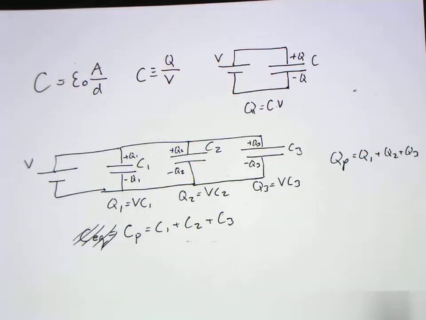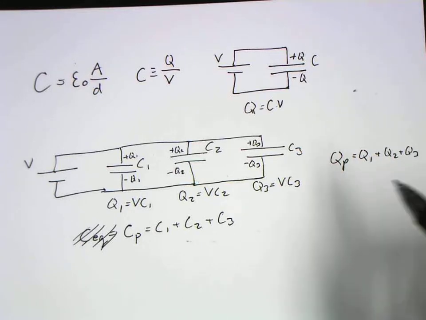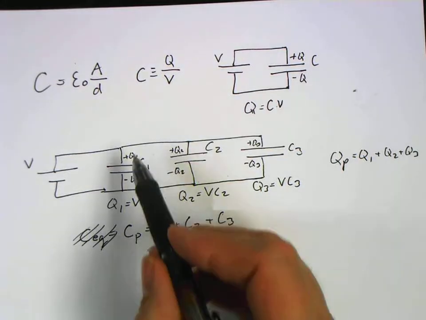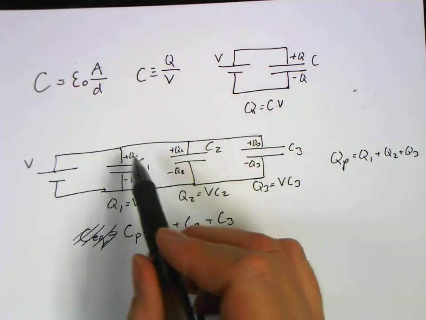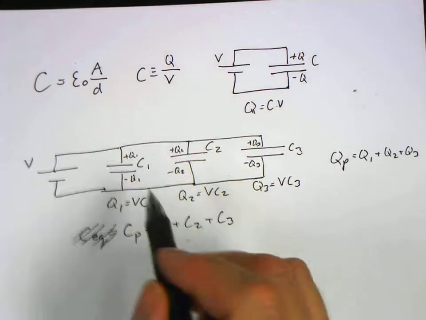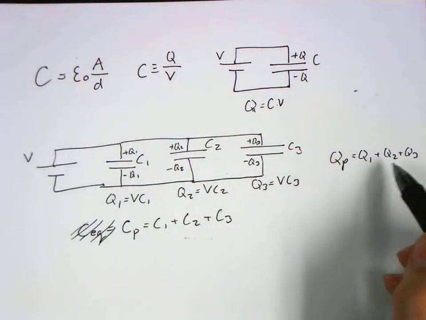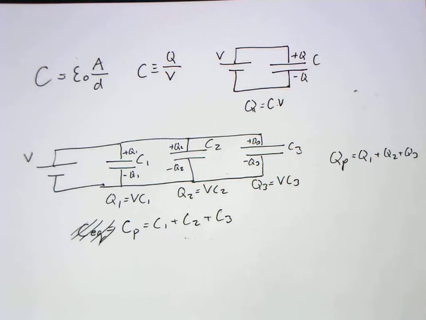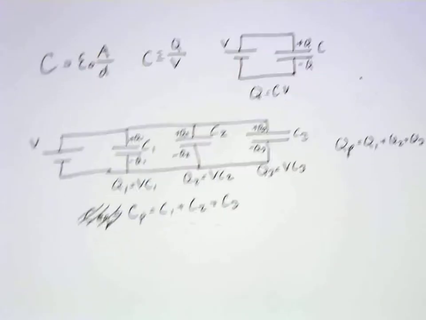Same voltage everywhere. This is, by the way, charge is just our static version of current from when we had resistors. So back before, when we had resistors in parallel, current 1 plus current 2 plus current 3 added up to total current. Charge 1 plus charge 2 plus charge 3 adds up to be total charge. If we look at our other one here,